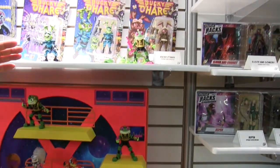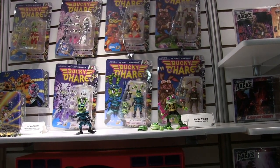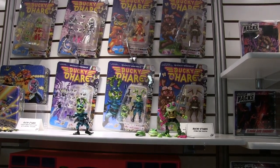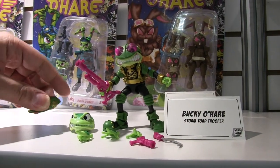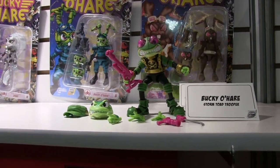Of course, we have the in-stock Bucky O'Hare line, which we are continuing. Got our Bucky, our Jenny, our Deadeye Duck, our repaints of them, and our Toad Stormtrooper in his basic colors. And he comes with his hat and his different heads and hands and weapons and...